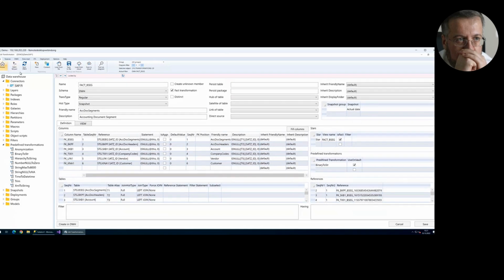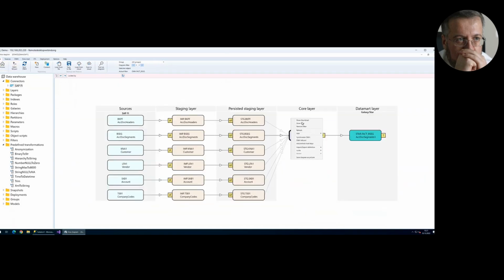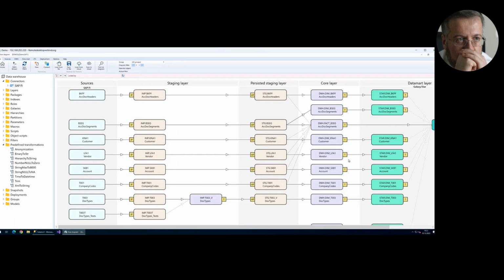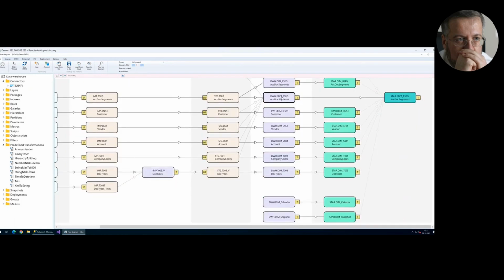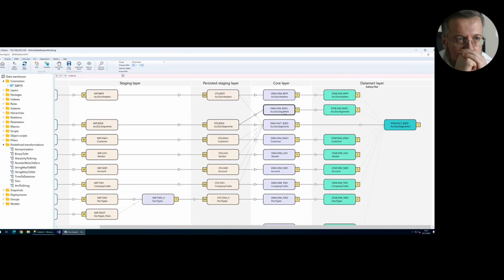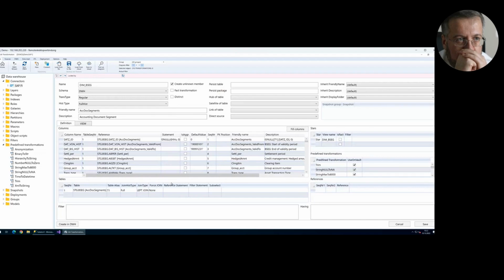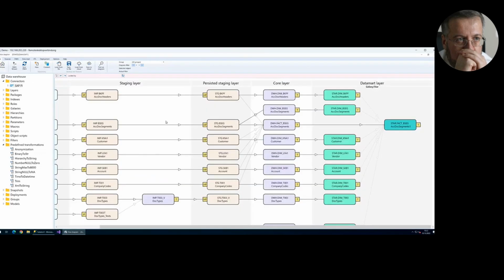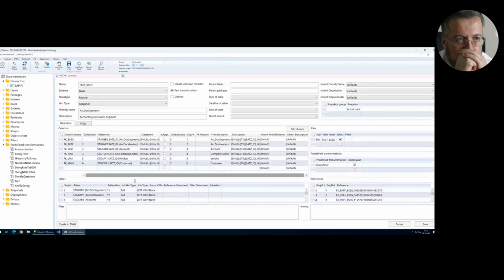Okay, as you can see, wait a moment, I will remove the filter. Okay, this is, for example, our fact transformation, but there is a table T003 which is not used in our BSEC transformation, because this T003 table has no relation to the BSEC table, but has a relation to the BKPF table. Let's add this, oops, wrong one. Let's add this